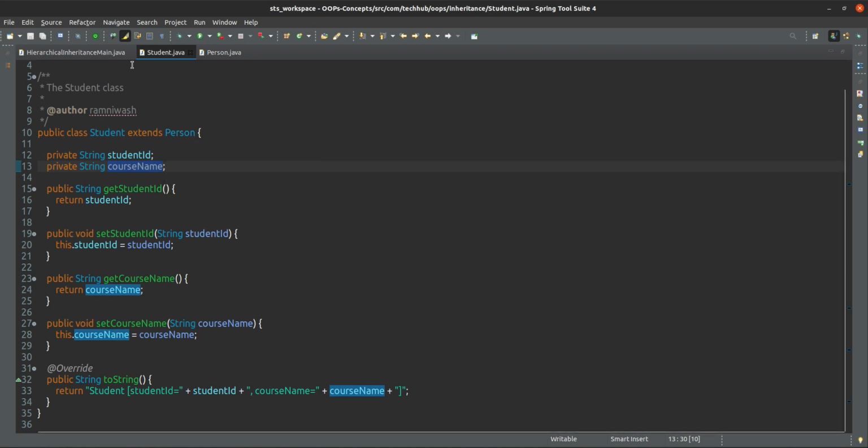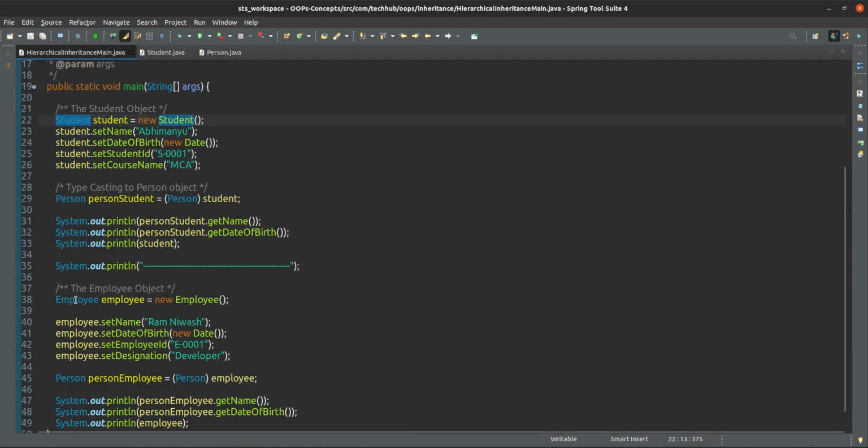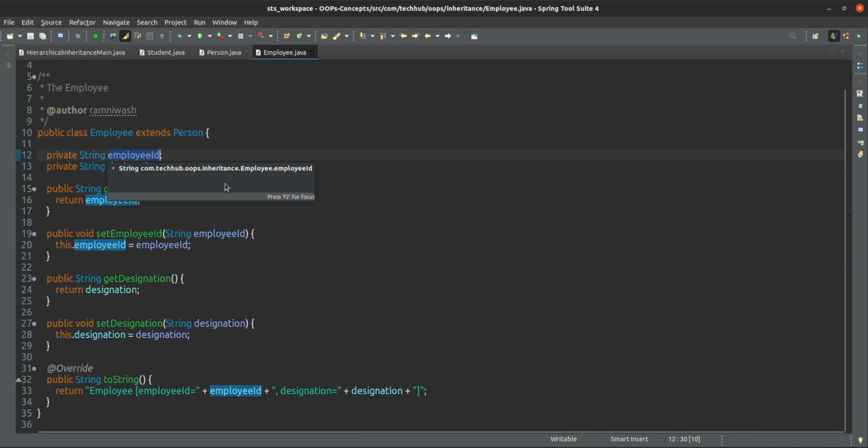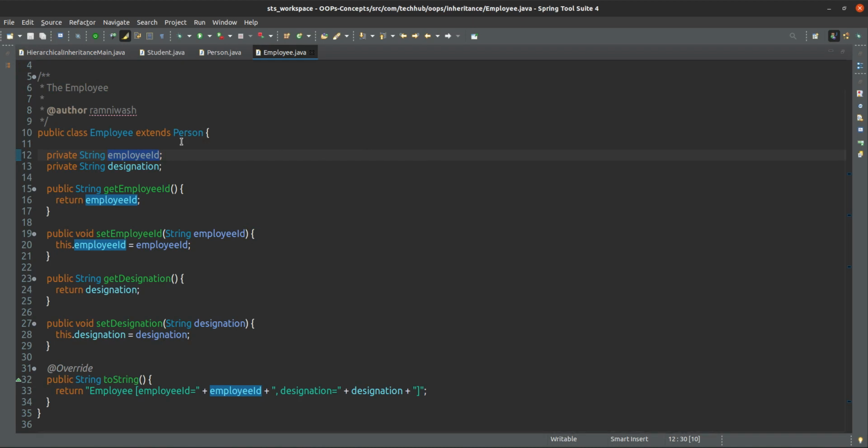So we are inheriting Person inside Student. In the same way, Employee also extends Person, but Employee has some other fields. Not every person is an employee, but every employee is a person.